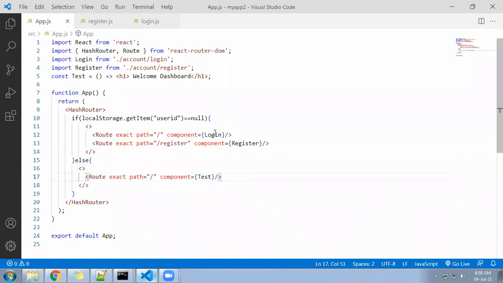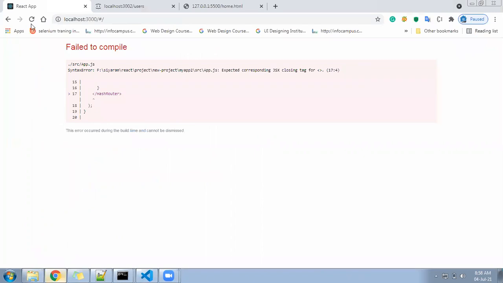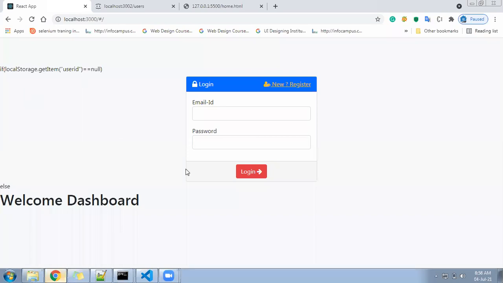I'm already logged in, so my user ID already exists in the local storage. It is checking for null, but my user ID is not null because I'm already logged in. What should be for me? Let me refresh my page. Local storage equal to null. So many things happen wrong here. I have made some mistake inside.